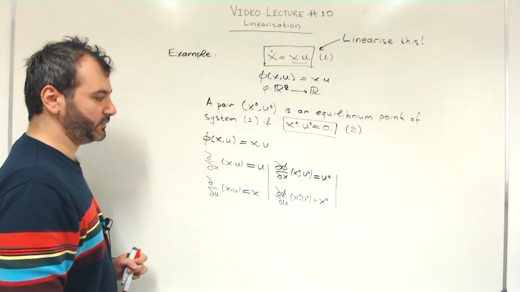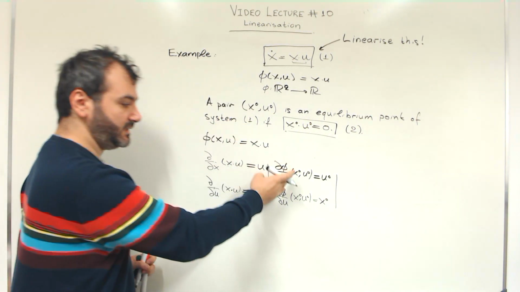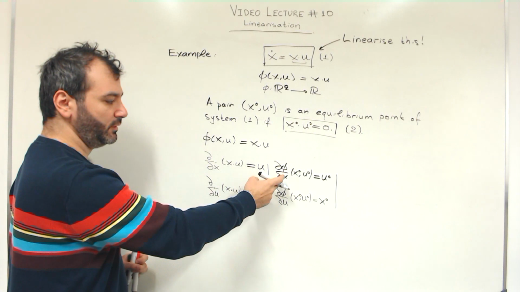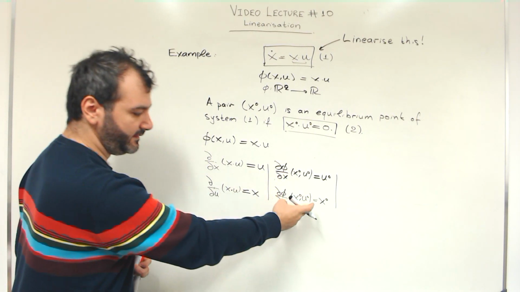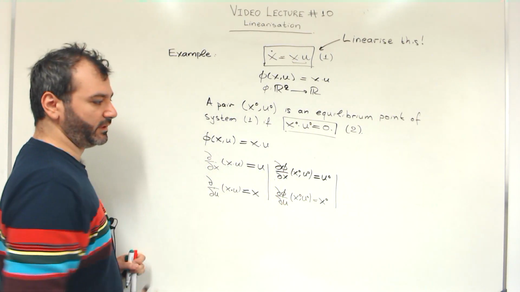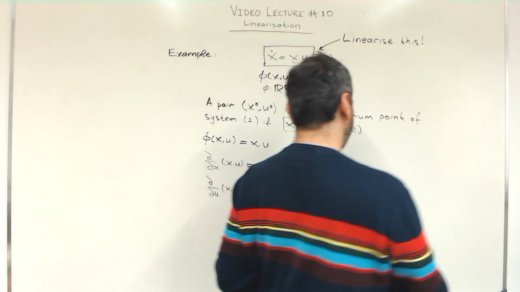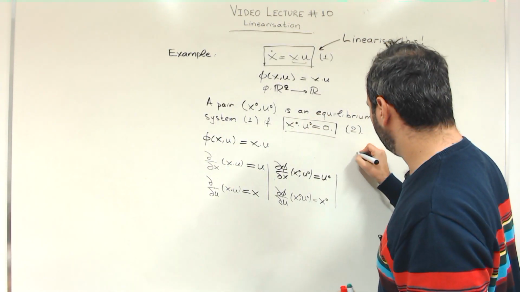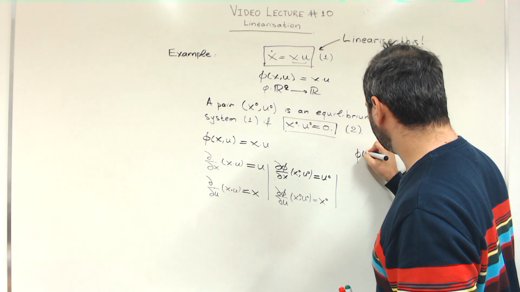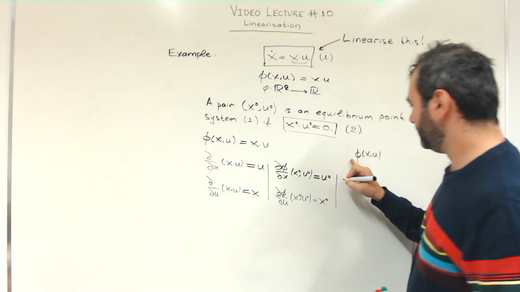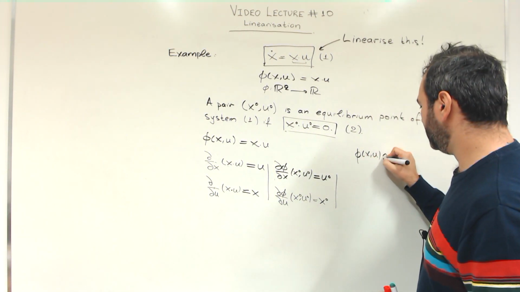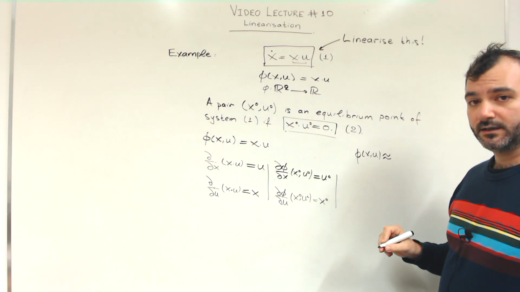And this is x0. So this is the function. This is the derivative with respect to the first variable. And this is the derivative with respect to the second variable. I can now use the previous theorem, according to which this function can be approximated by